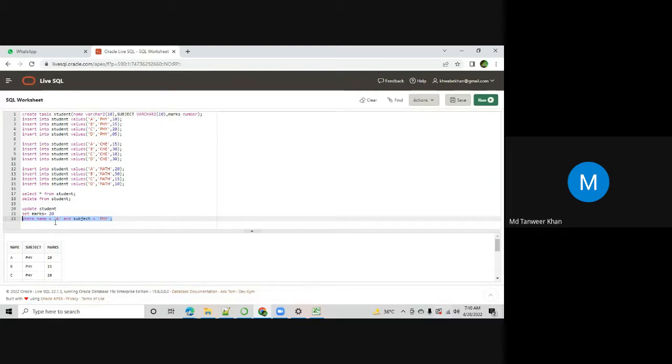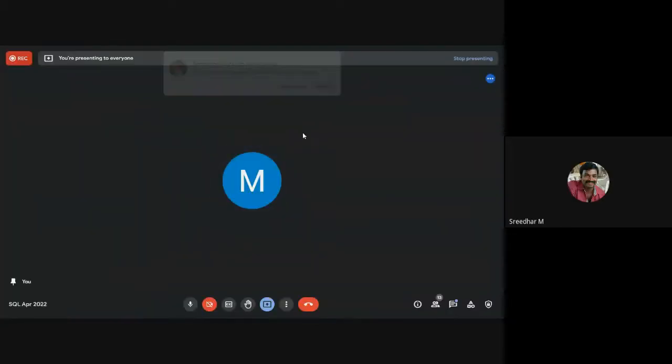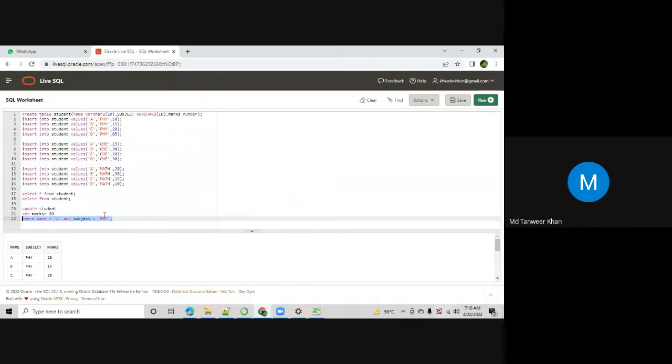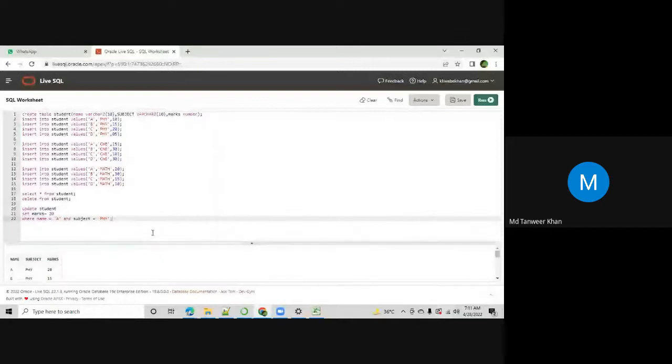Okay, is that clear? Yes, thank you. Tanvir, sorry, for multiple records, if we want to change, for those multiple records, first of all, you have to understand for which condition you want to change. Suppose here in this data, you want to update all the math records to 25. So then your query will be like